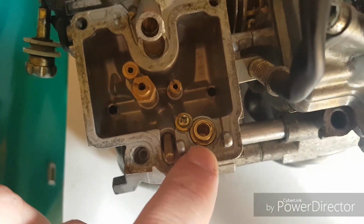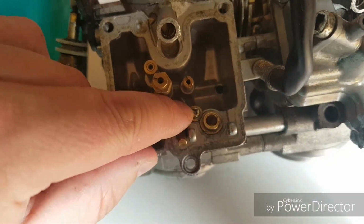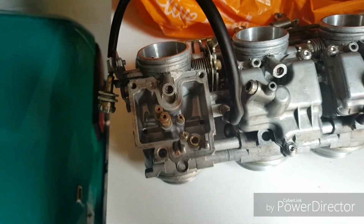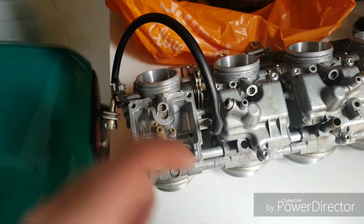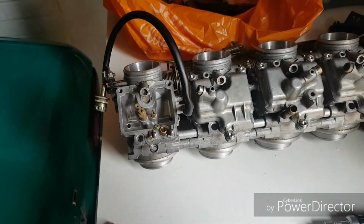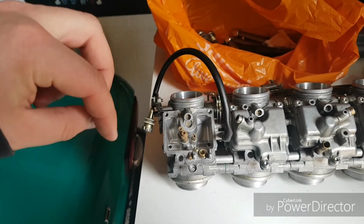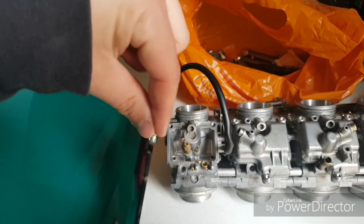This here is the little guide in which it goes through. If you just take this nut off, you can actually get a bit of pliers on there and just pop it out. What I've done is I've got a little foam sandpaper, put it on a drill, and then I just give it a squeeze with a bit of